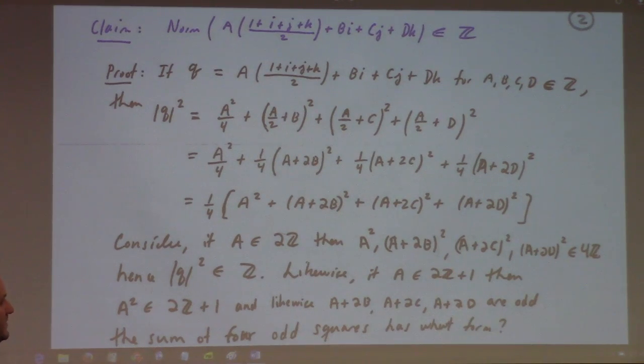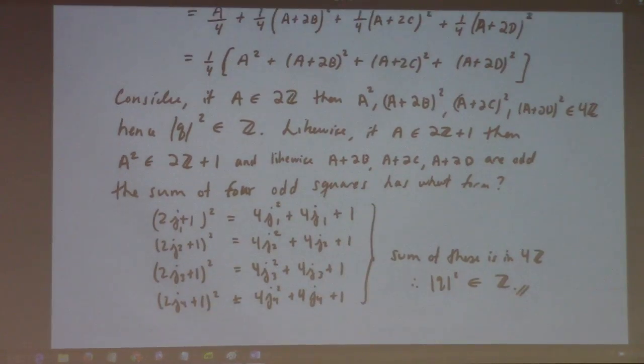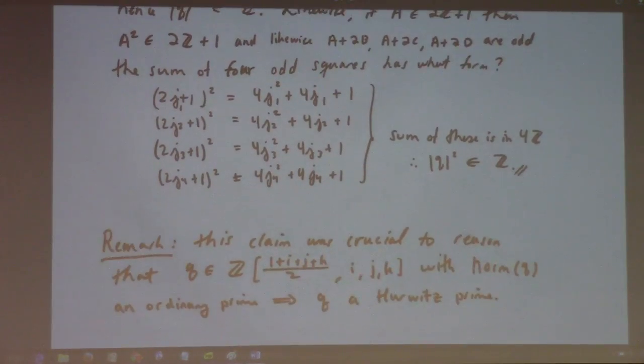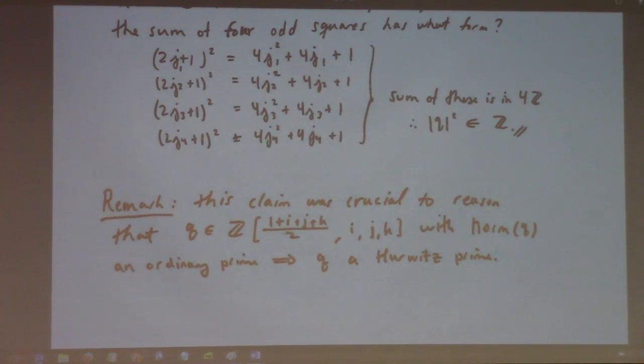And you go through some rather delicate, well, they're not too delicate, but they're not entirely that obvious arguments. And you can prove that it's an integer because you end up getting that the thing inside the big parentheses here has to be a multiple of 4. So it being a multiple of 4, it cancels out the 4, and you're left with an integer. So in fact, this is a norm in the sense that we've talked about this semester. And this is pretty crucial because